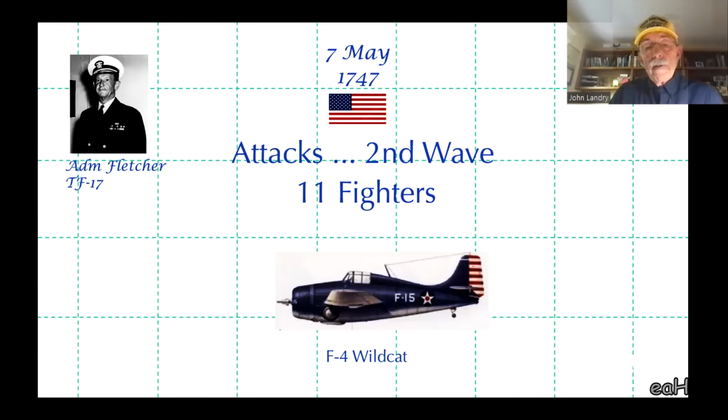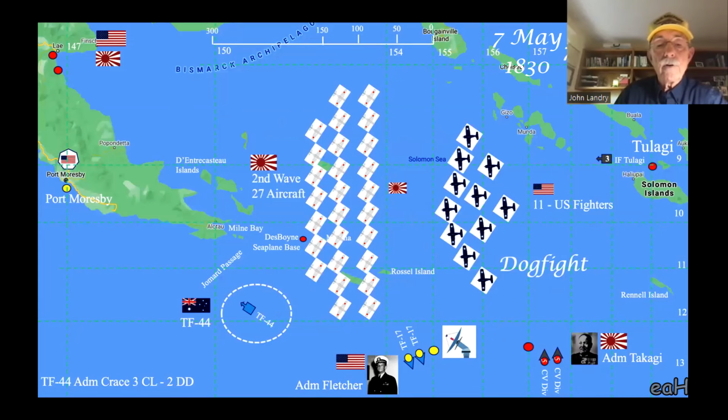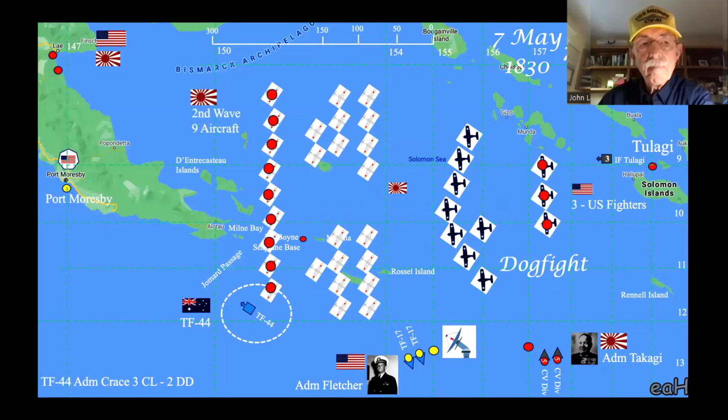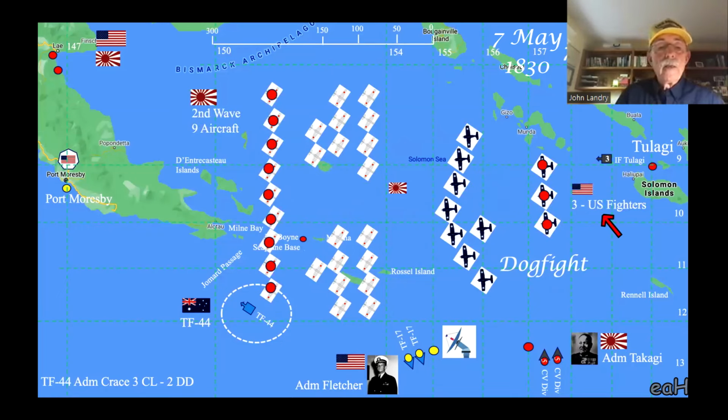Fletcher then orders an attack on the second wave with 11 of our Wildcat fighters. At 6:30 in the evening, 11 of our fighters attacked 27 of the fighters for the Japanese. After the dogfight, we have lost 3 of our fighters, and they have lost 9 of their aircraft, and their formation is decimated. But we're not through yet, because